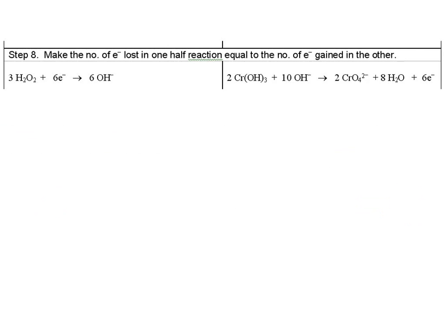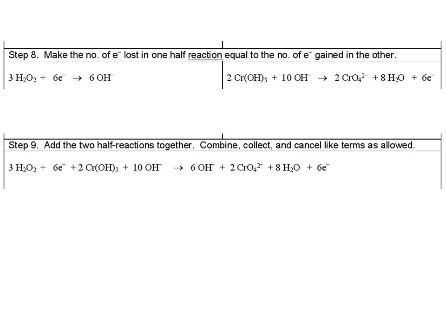Okay, so multiplying through by 3, we get those new stoichiometric coefficients. Multiplying through by 2, we get this set of stoichiometric coefficients. And the reason we did that is before we add, we need to make sure our electrons are going to cancel. So that doesn't look too bad. Step number 9 is to add them together. Step number 10 will be to verify. So adding them together, they look like this,